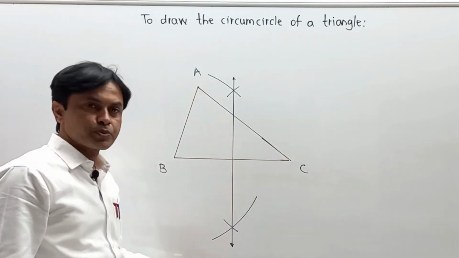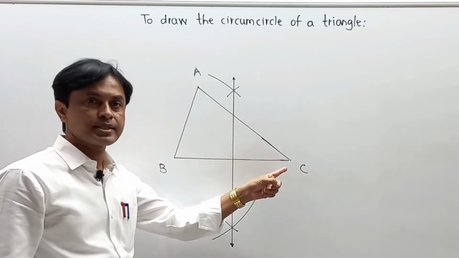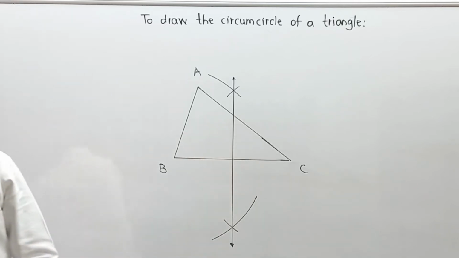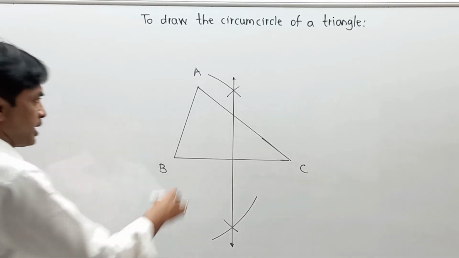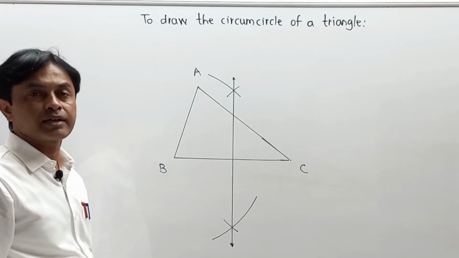When you draw the first perpendicular bisector, again you have to identify a second side, either AB or AC, to draw its perpendicular bisector. The process remains the same, so again I am going to repeat the same process over here. I have to draw the perpendicular bisector on another side, and that is AC. Students generally select the larger side, that will be helpful for you.